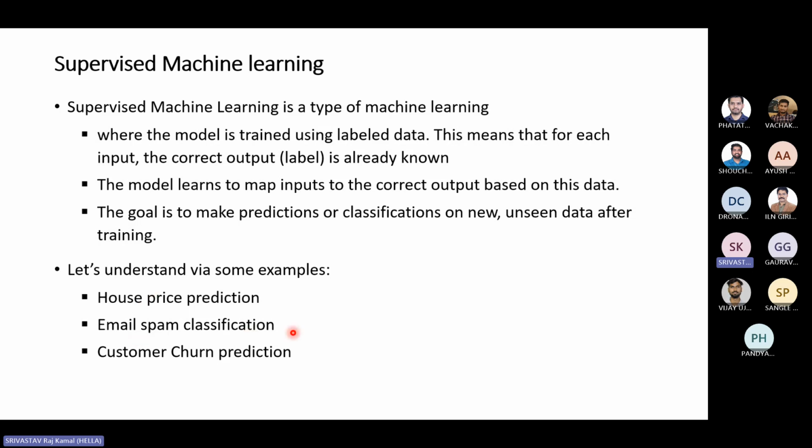Given the email, you have also been given the data that it's spam. For example, an email reads, "You have won lottery XYZ, please deposit 10,000." You have also been given the output in the data: that's spam. "Hi, this is some job requirement from Naukri.com": non-spam. So you got this data. This problem is a supervised machine learning problem because you know the data and you know the output to train your model.